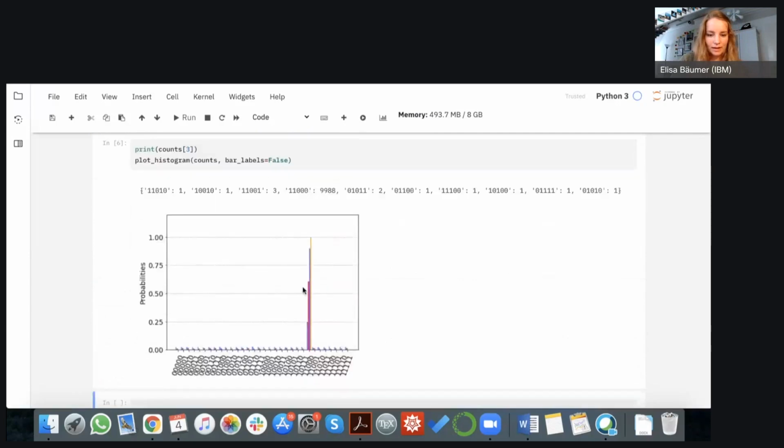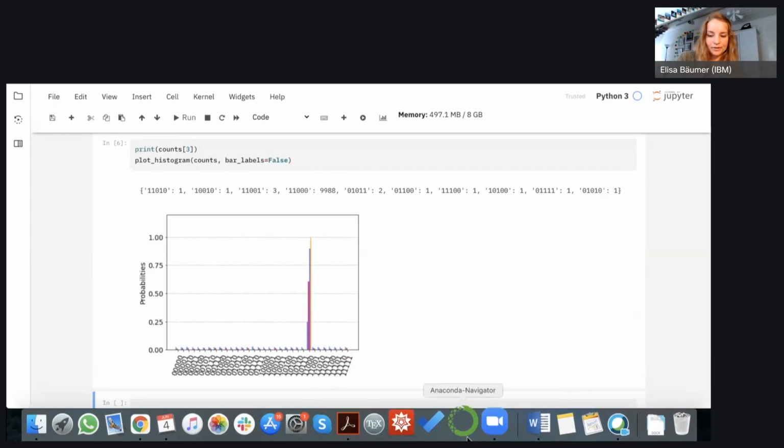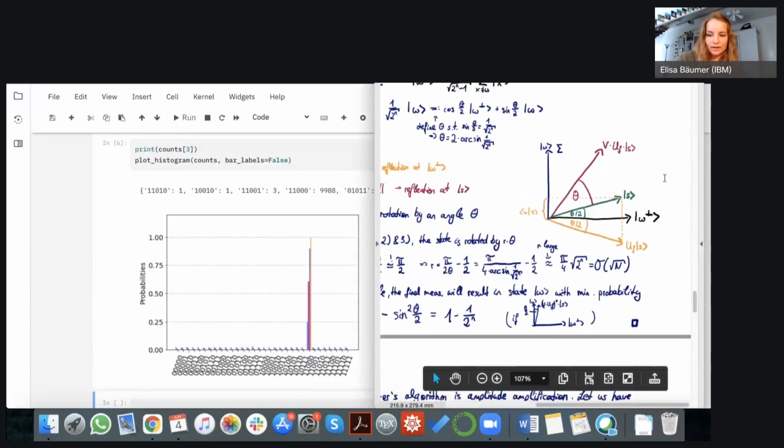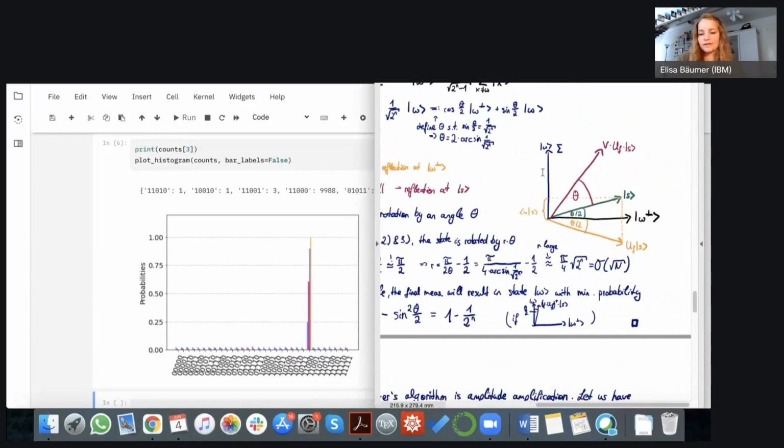And here you can see what happens. After the first round, we get the blue plot. When we choose R equal to 2, when we do 2 rounds, then we have the pink one, then the purple one, and after 4 rounds, we have the orange one, which is almost 1, like these 99.9% that we saw before. So yeah, it is recommended to still choose the optimal R to get a chance as high as possible to get the correct result. But of course, if we look at this plot, we're getting closer and closer to the element, so we're always increasing our chances to get the right element.